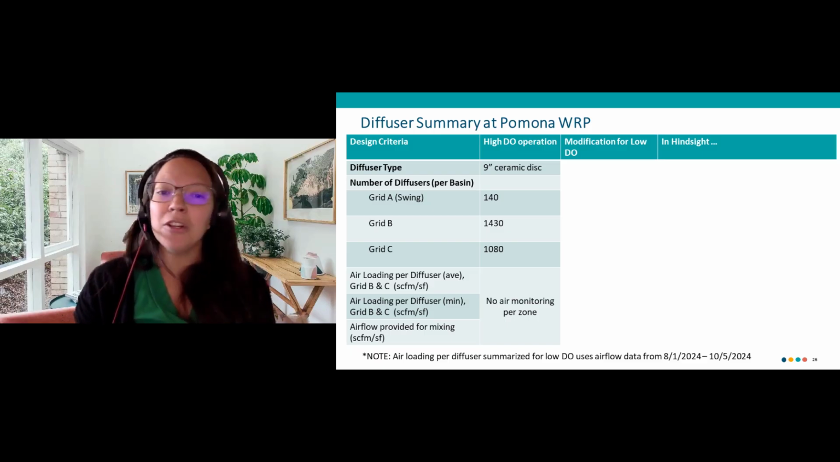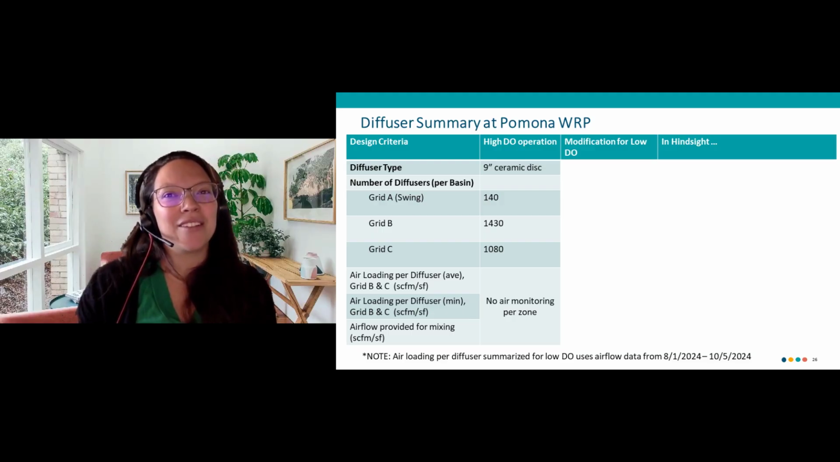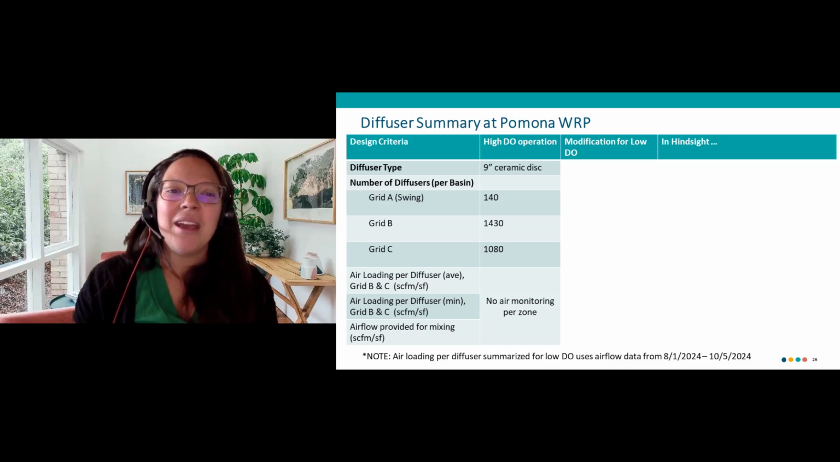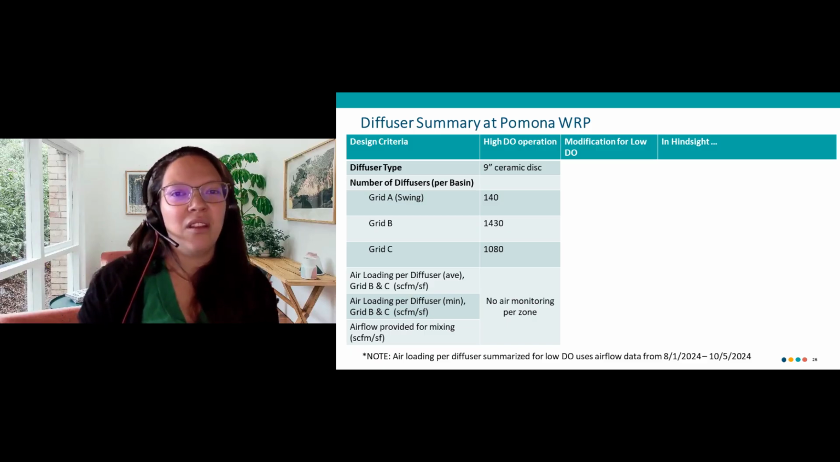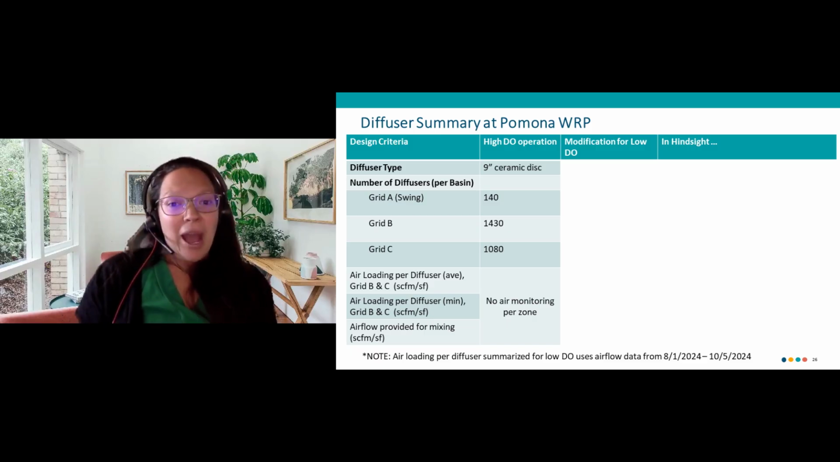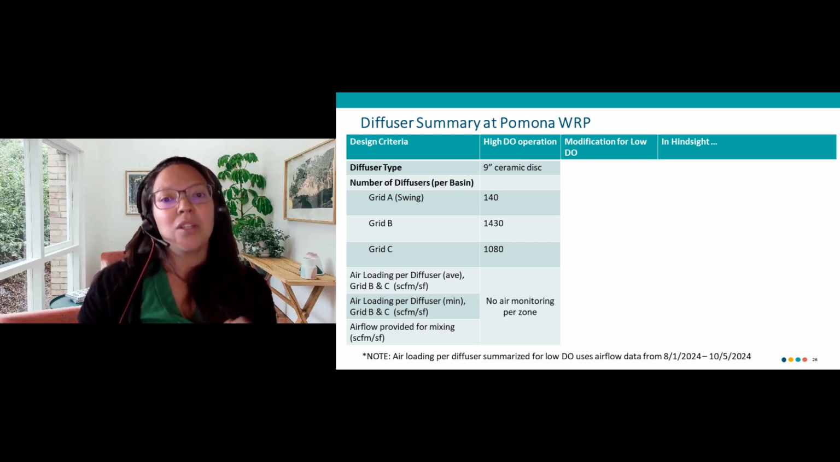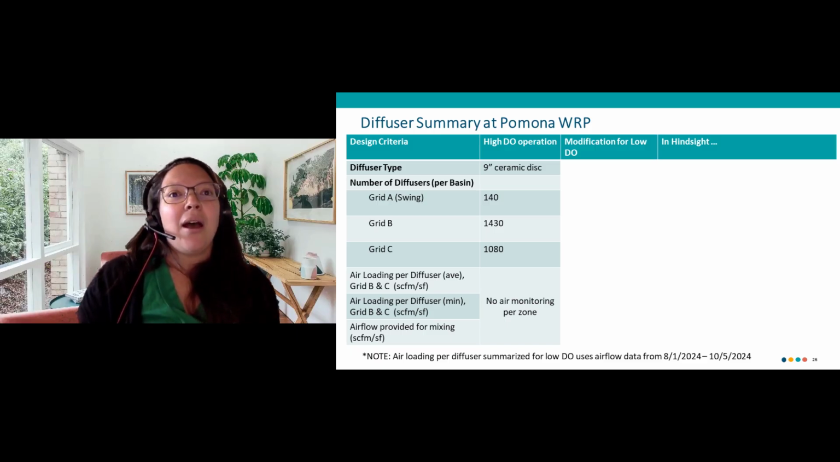Now, when we first started this project, the operators were pretty nervous about making such a drastic change to their diffuser counts, and they didn't feel comfortable reducing the diffusers by what was originally recommended, especially in grid B, which is their first dedicated aeration zone. But if they could go back, LACSD staff agreed that they wouldn't reduce the count in the swing zone, which is what was recommended initially, since they